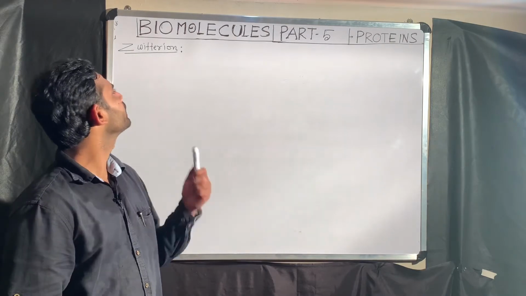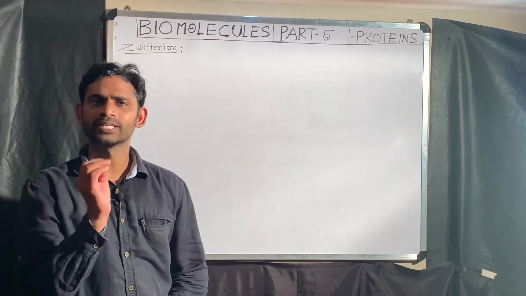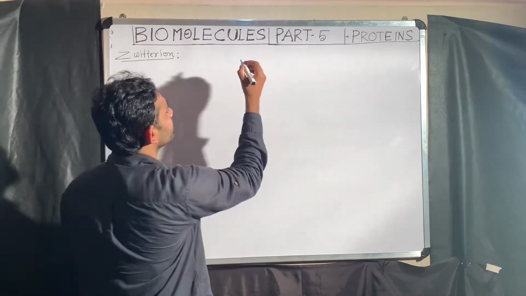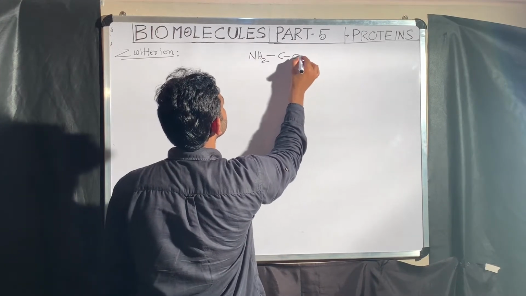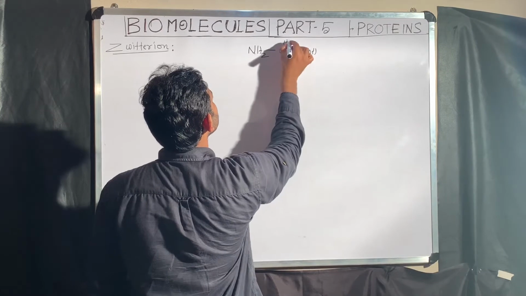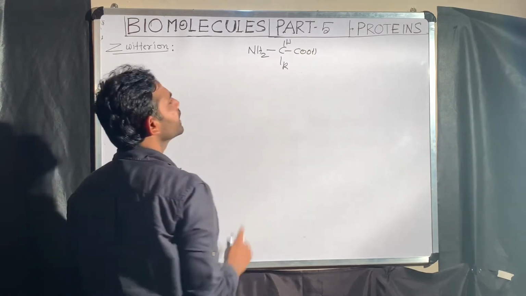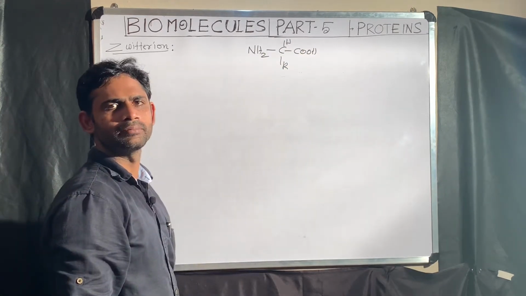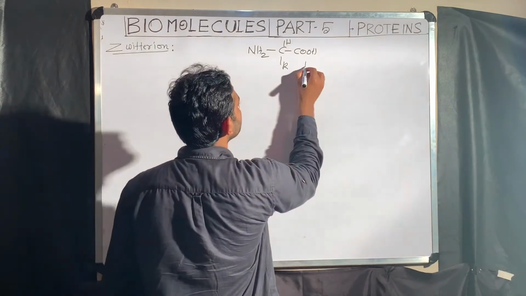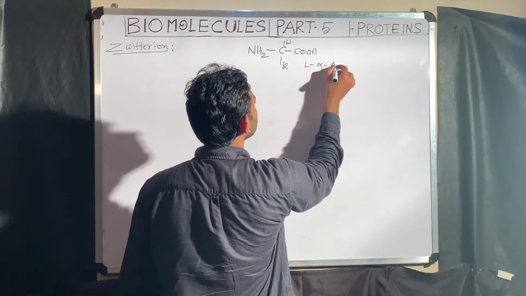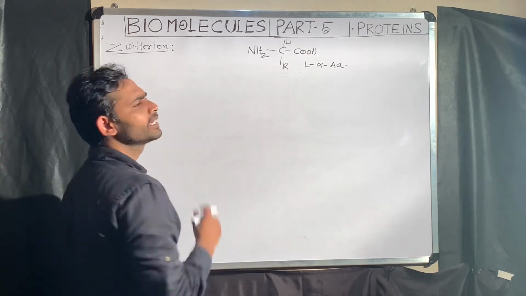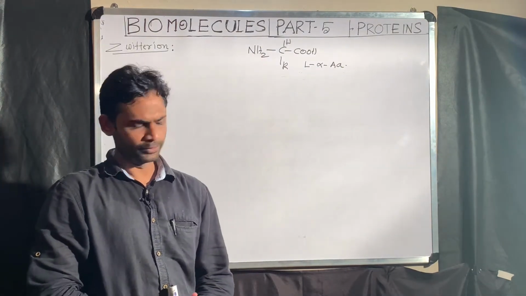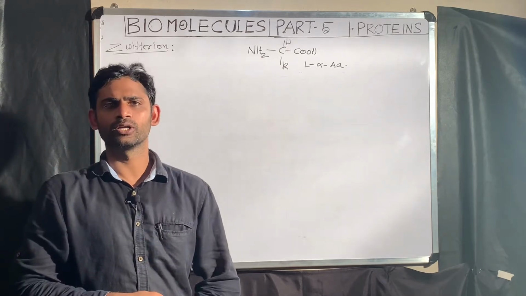This part I am going to explain about the Zwitter ion. Okay. First I am writing something. Identify what is this one. Immediately you can tell that is an amino acid, but you have to tell L-alpha amino acid. That is a way of remembering. For example, before going to start that Zwitter ion,